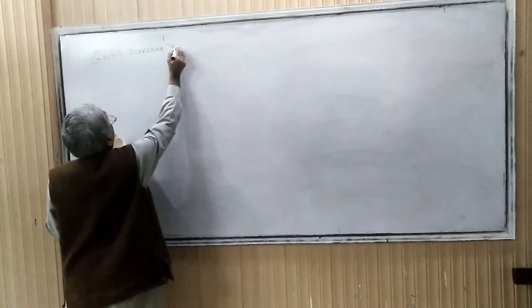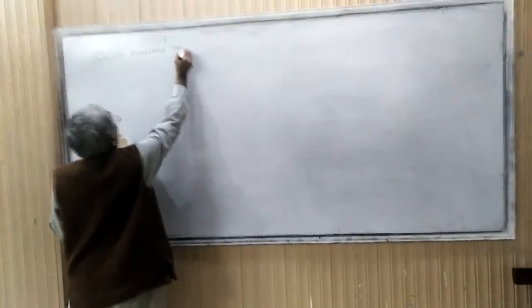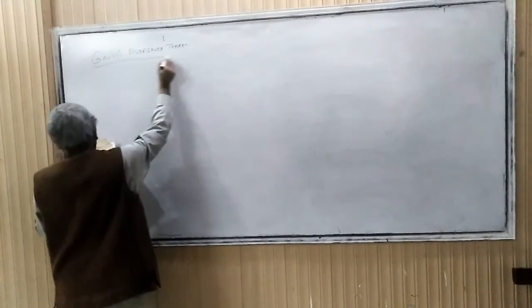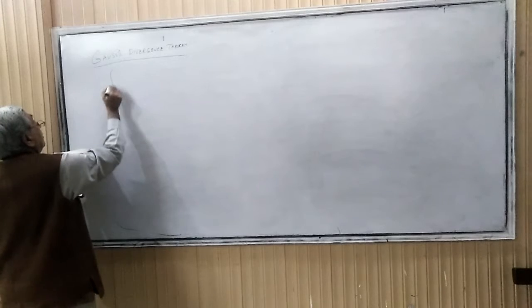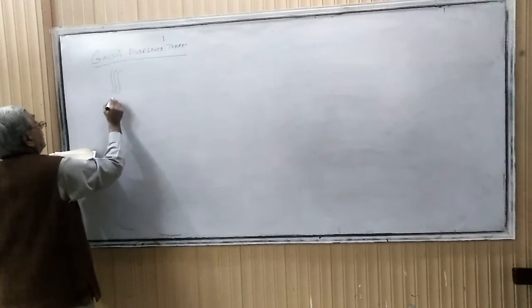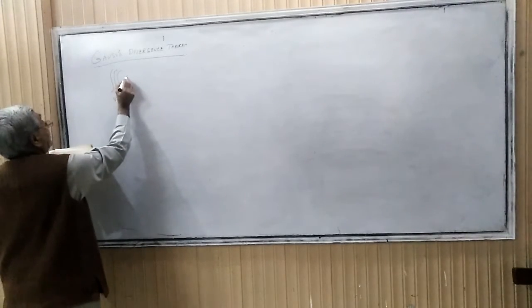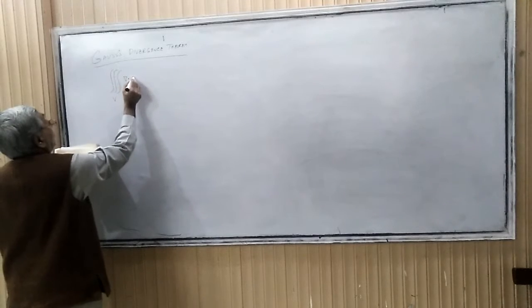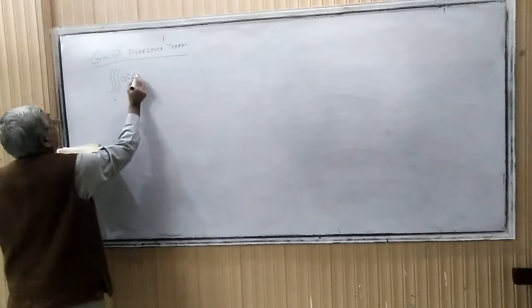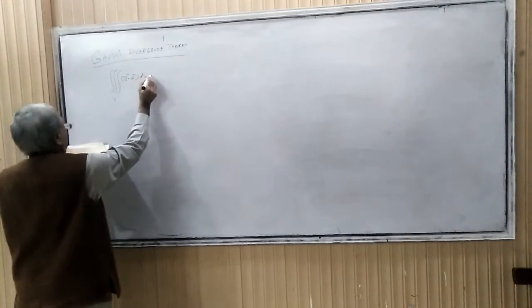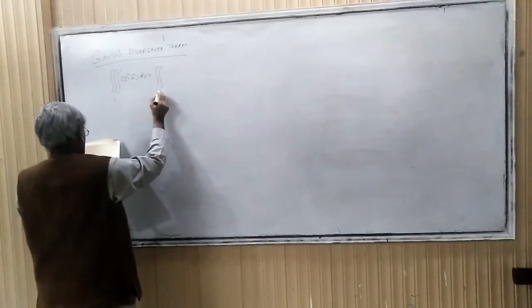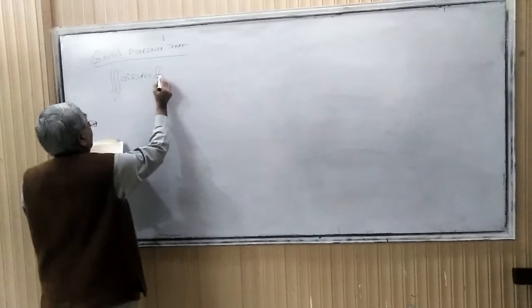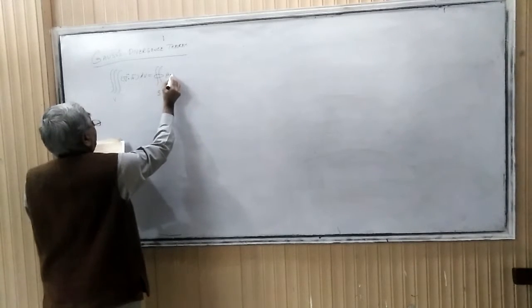This is the second important and very powerful theorem, and its statement is this. That is the mathematical statement. I will describe it in words as well in a moment. Don't worry. Integral of divergence A dV is equal to closed integral S A dot dS